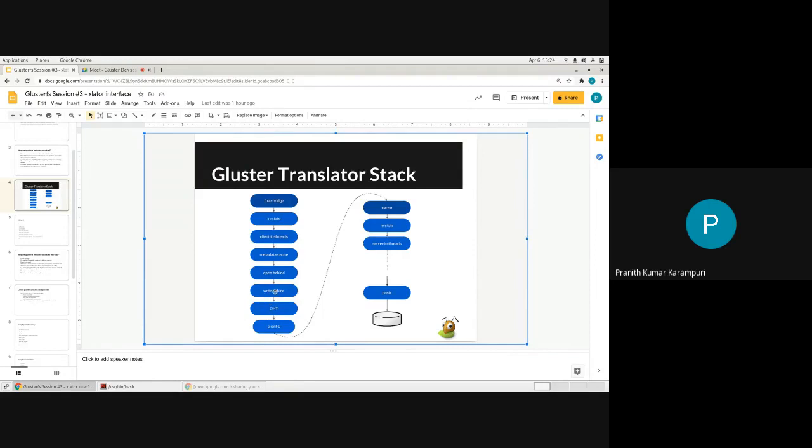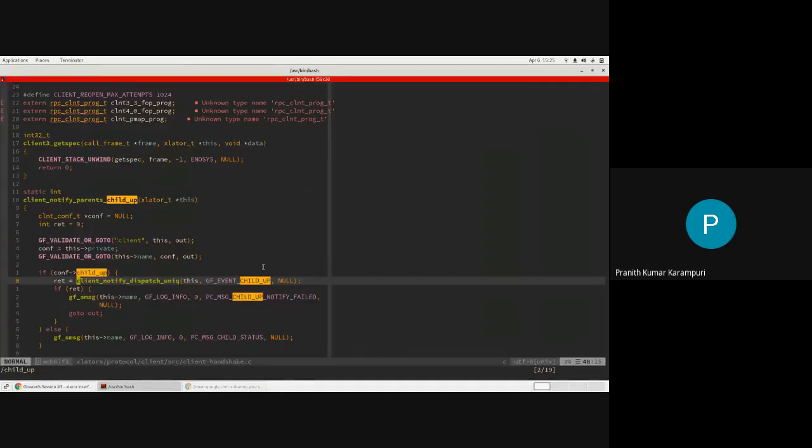So if any translator has multiple children, this translator will wait until a quorum number of translators are up, and then tell its parent that the child is up. Like that, it will go till Fuse. Once Fuse gets this child up, then your mount is ready for operations.